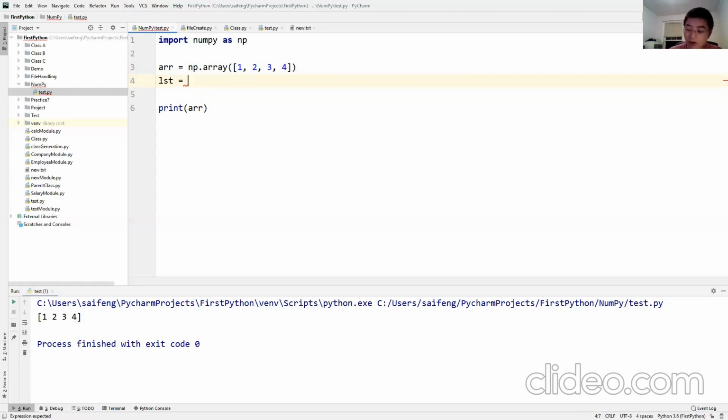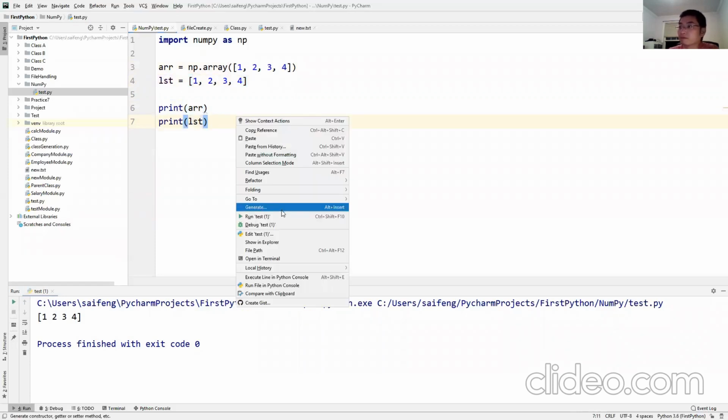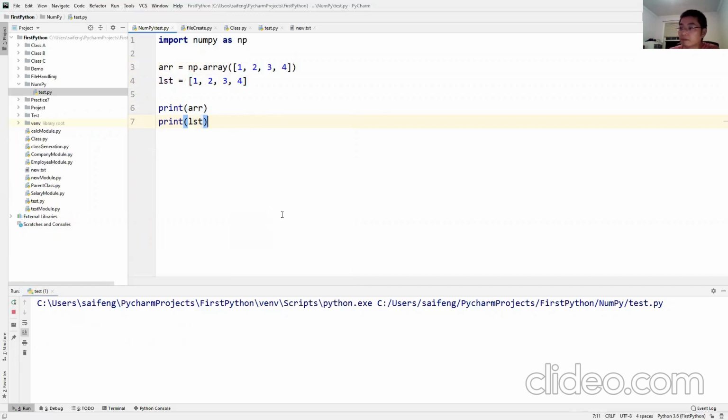We use the square brackets, and then put the values directly. That's the way we create a list. Very close to the way we create an array. But if I print out the list, it looks a little bit different.